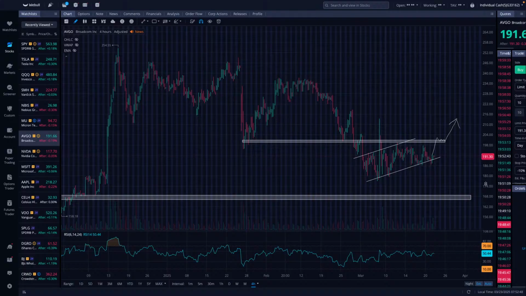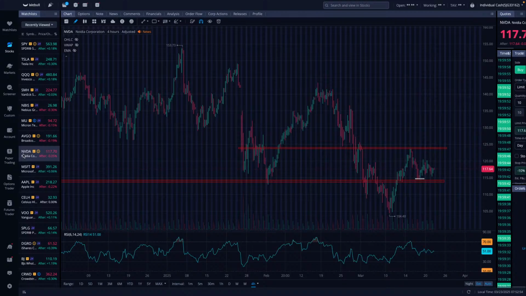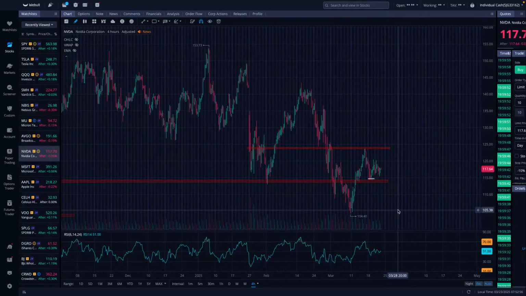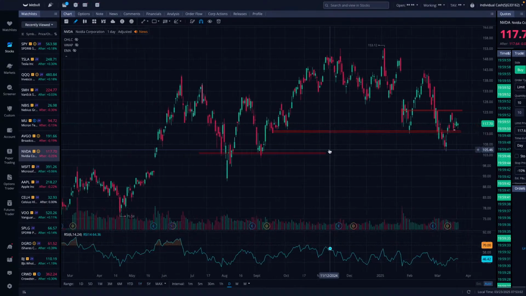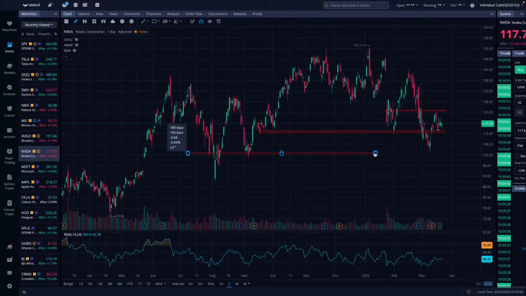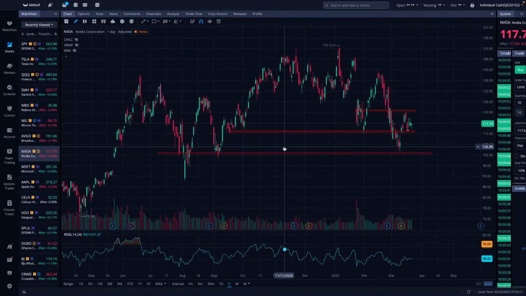I don't think Nvidia is a good price. I'm waiting for a sell-off. Just to go back to Joshua Young, looking at Nvidia. Honestly, if I'm going to look to actually get in this longer term, I need it under 108. 108 is what I'm looking for. The reason is because right here you can see is our support line, and we had touches here around 105 to 103. I'd be okay dollar cost averaging.